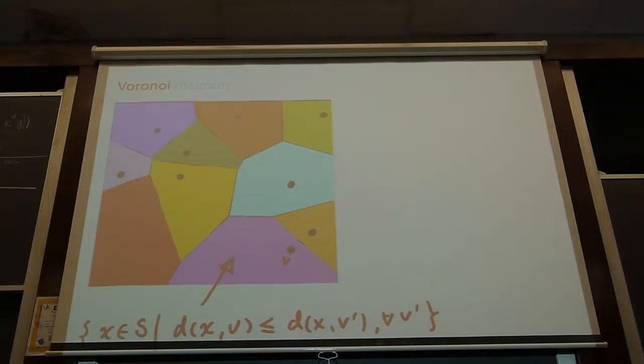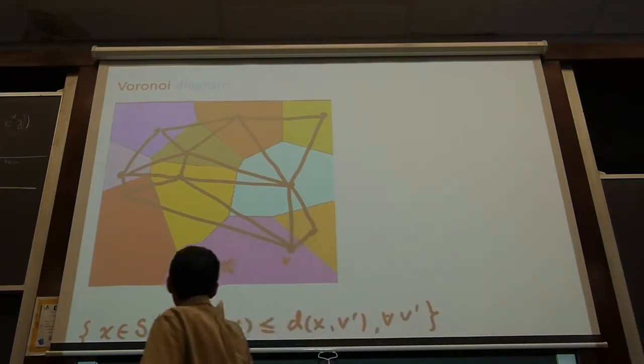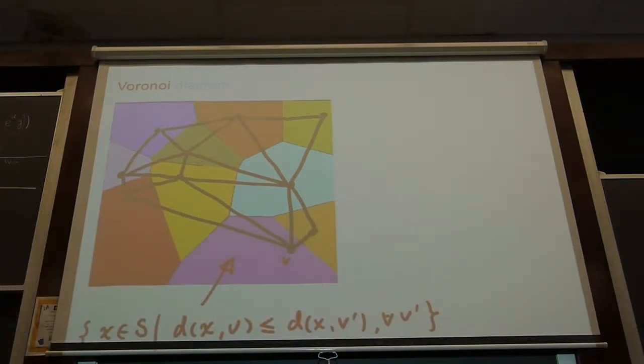And now you just take the dual. Whenever you see 2 vertices whose associated 2 cells have a one-dimensional intersection, you draw an edge. And what you get then is a triangulation, and that's a Delaunay triangulation. So this is a pretty canonical way of producing it, and this is what happens in computer graphics. They build up this cell structure from the points.